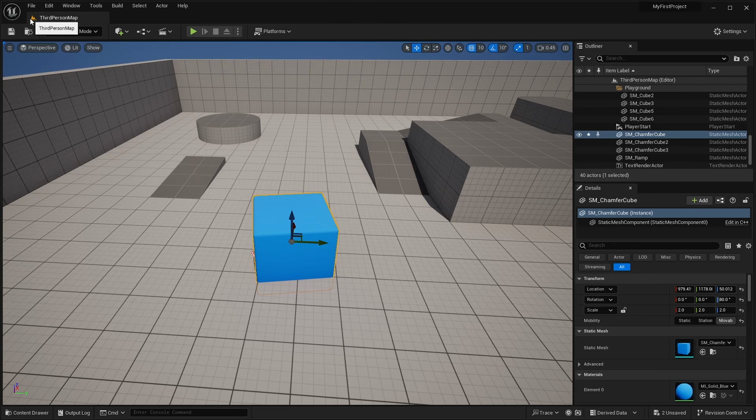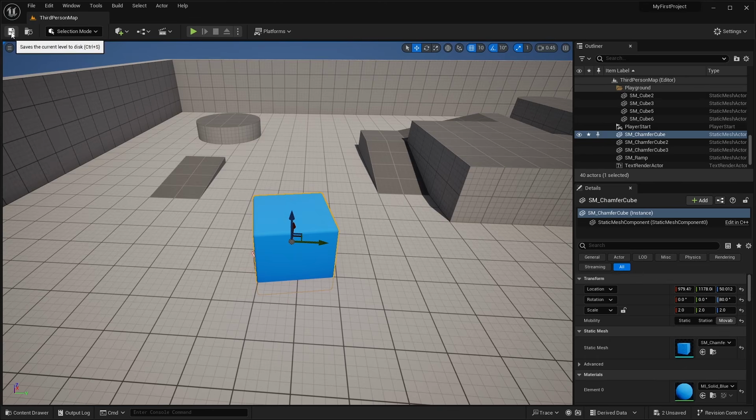Let's go ahead and move down. So again, down here below it, we have the third person map. This will show us the name of the map that we currently have open. So you can see it's third person map. Now directly below it, we have this little bar. We have all the icons on this bar. So let's go ahead and talk about all of these. First we're going to start from the left